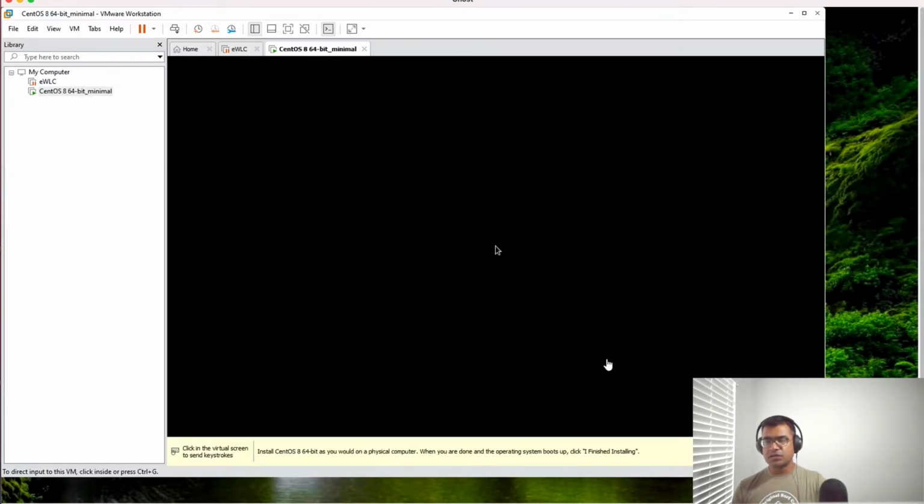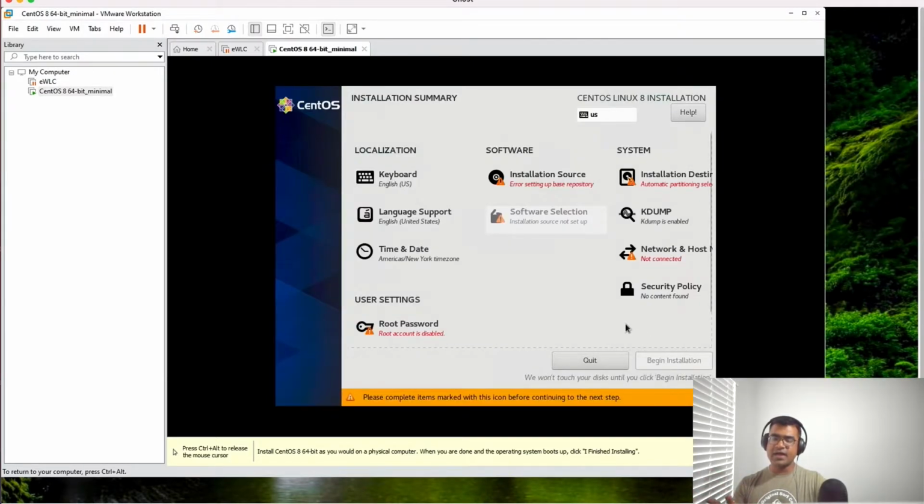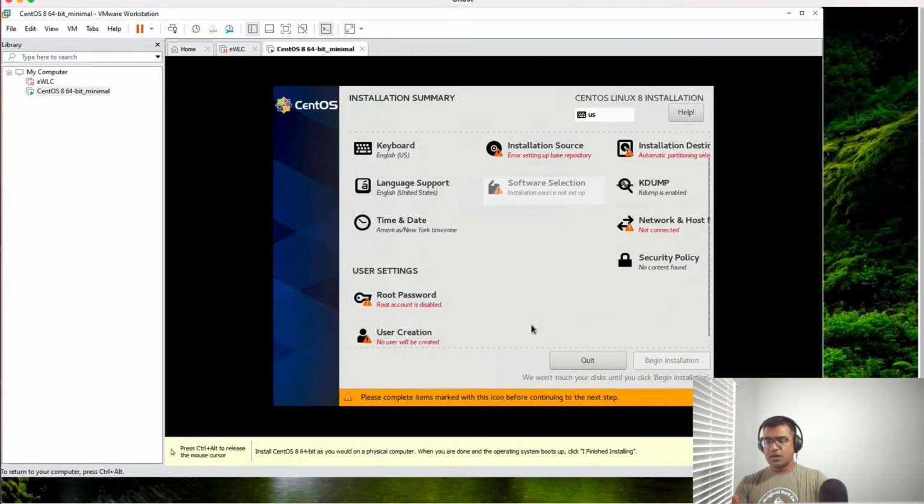So you are in the configuration window, select your language, whatever language you choose. By default it's English, US, and here is the installation summary. You have to finish a couple of tasks before you actually begin installation. You can see root password, that's the easy one. Let's go ahead and select the root password, set the root password for the root account,